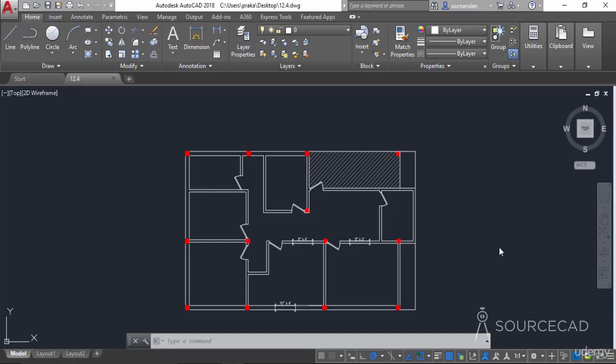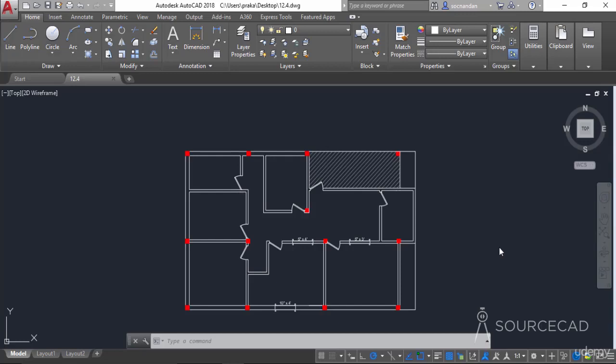In this video, I will tell you about the data extraction tool, and using the data extraction tool, you can extract a lot of information from your drawing. For example, in this case, we will extract the data related to the attributed blocks, and you can export that data into an external file, for example, a file which is compatible with MS Excel, or you can also insert it in the current drawing as a table.